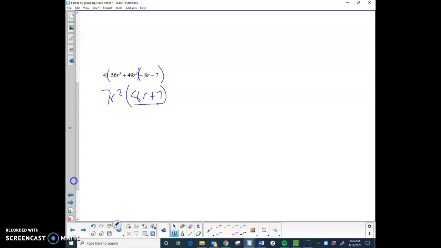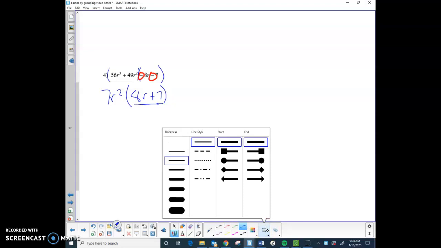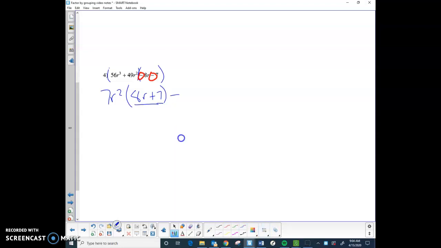There's no common factors in that next group, but I do notice that these are both negative. So that's actually the part that I am going to pull out. So I'm going to take out a minus 1, and I'm left with an 8r and a plus 7, which gives me my matching terms. So 7r squared minus 1 times 8r plus